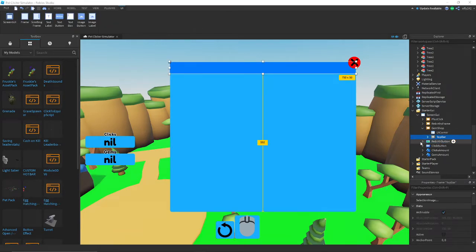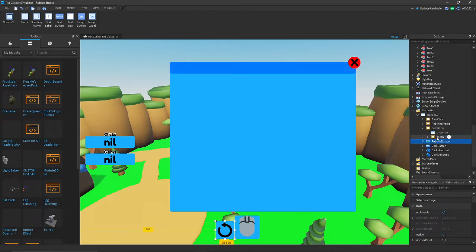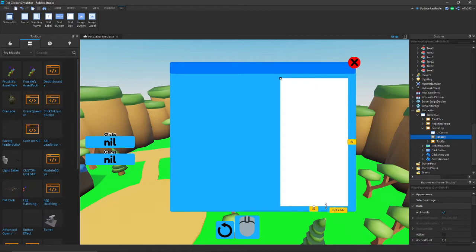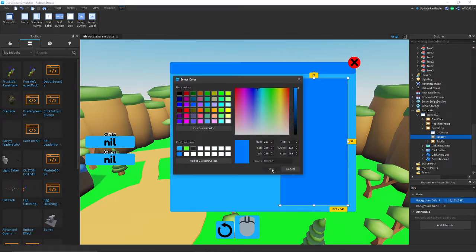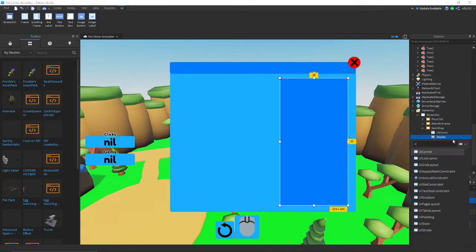And what we're gonna do is add in a frame. I think we should do. Yeah, let's add in a frame and call this frame Display. And make sure that's called Display and put it right here. And change the background color to the darker blue, and then add in a UI corner,